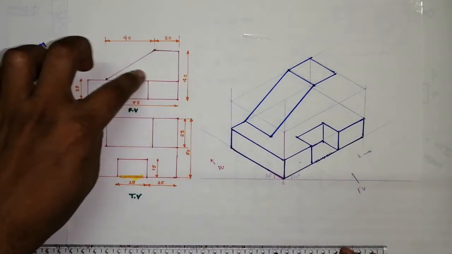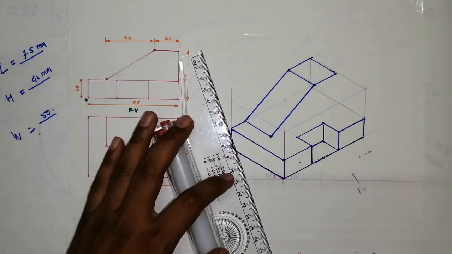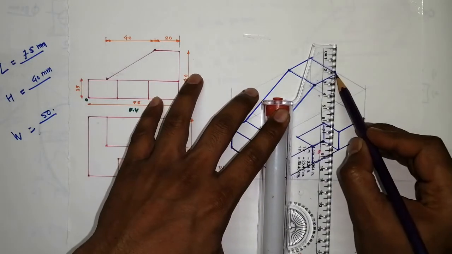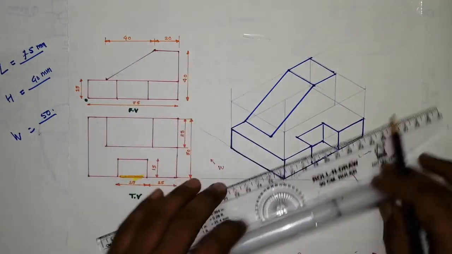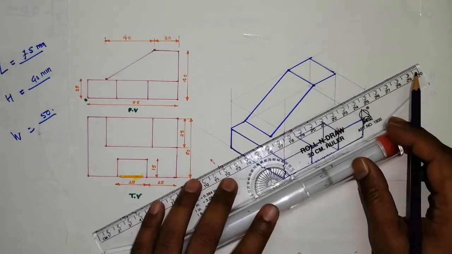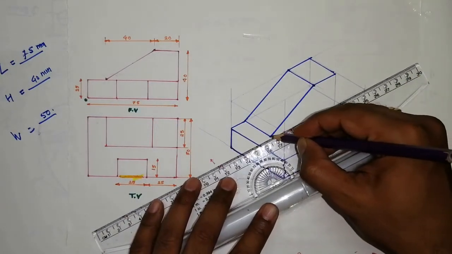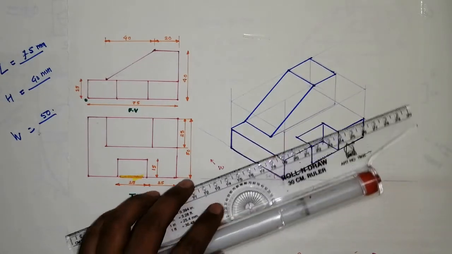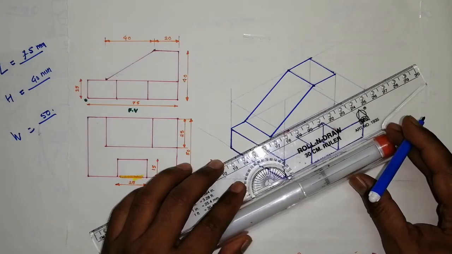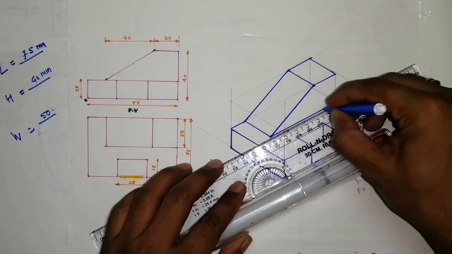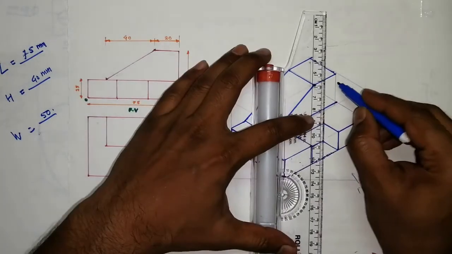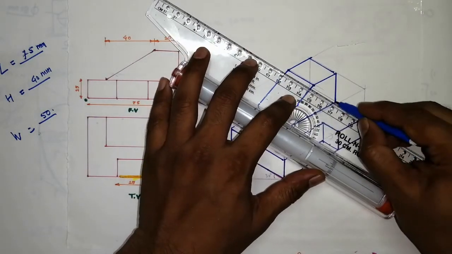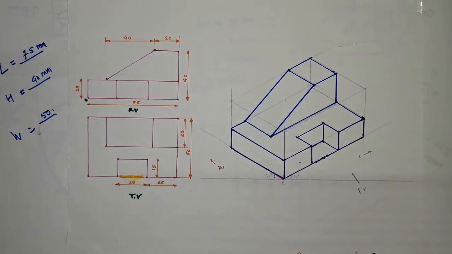In front view it appears something like this. So we have to take here a heightwise line. We have to give the third dimension to this. This is height, and from here it goes something like this. It comes up to here. So the dimensions, it comes up to this line, this, and then this one, like this.